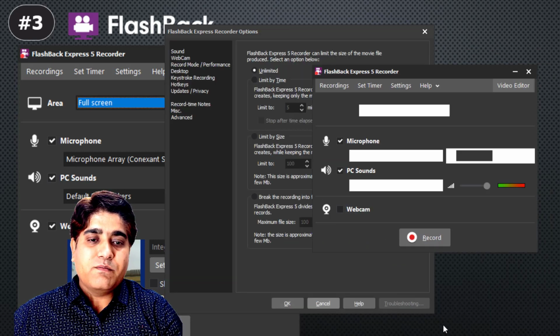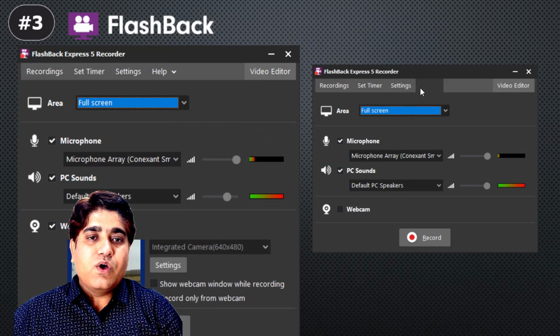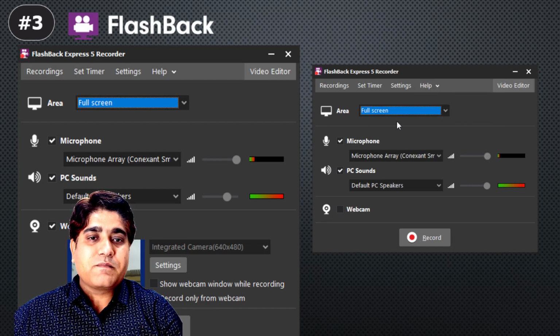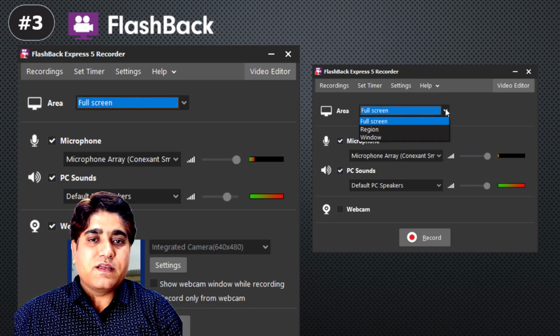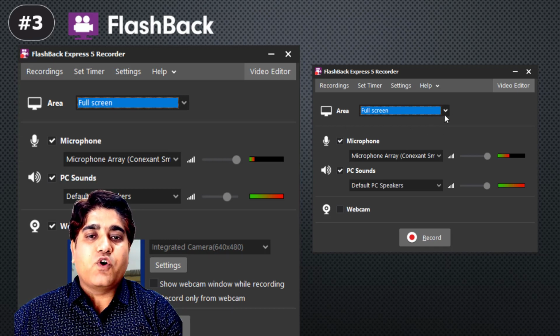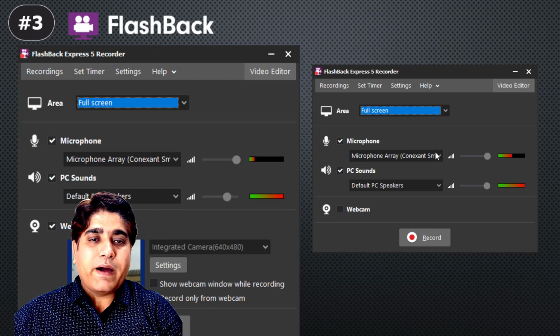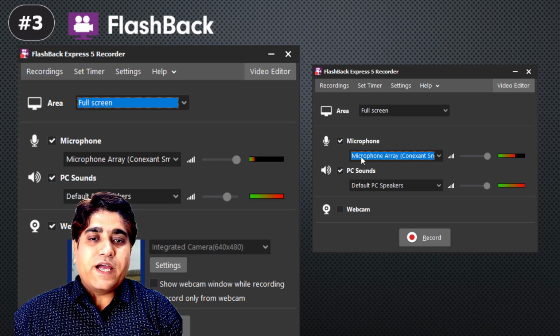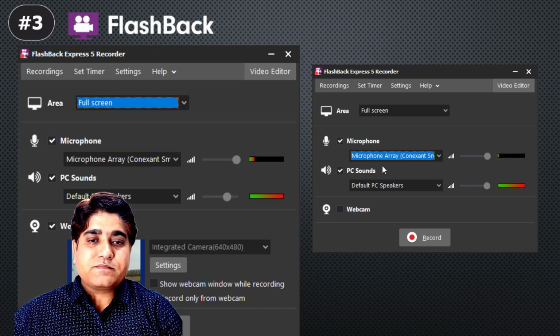So we will move back to our previous window, and similarly for help, the basic help, both online and offline types of help are available. In the area option, here is a drop down, we can select a full screen, a region or a window. So that can be configured using the area which we want to record. Similarly, for the microphone, all the available options will come here. I am using my default audio, so that can be selected.